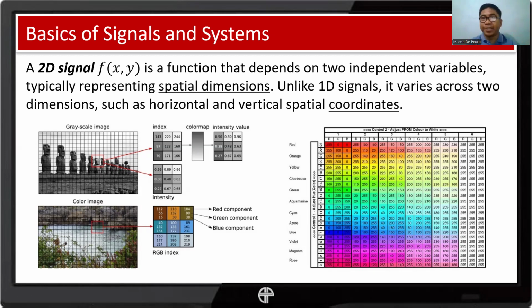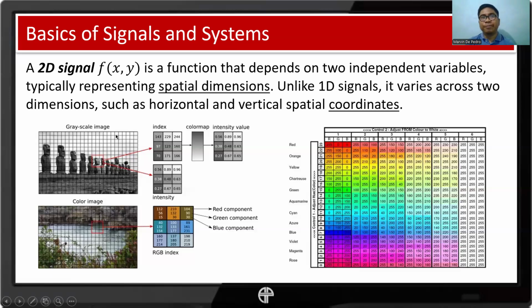Because, considering the space, or a point in a given space, just imagine the coordinates. Okay, so we have the x and y coordinates, right? This is usually common in images. Images are composed of pixels, for example, these are pixels. And each pixel has its corresponding location. Let's say this is pixel 0, pixel 1, pixel 2, and so on.